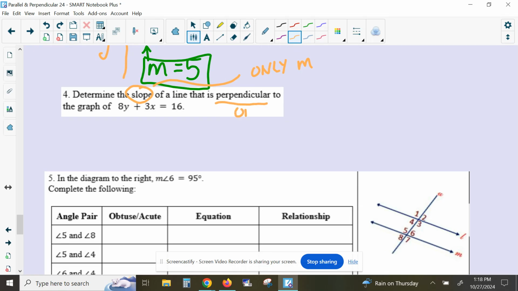So that means we know we want the opposite reciprocal slope. So opposite means change your plus minus. Reciprocal means flip him upside down. Those are arrows. Okay, so I want the opposite reciprocal of the slope. Now look at this guy. We have 8y